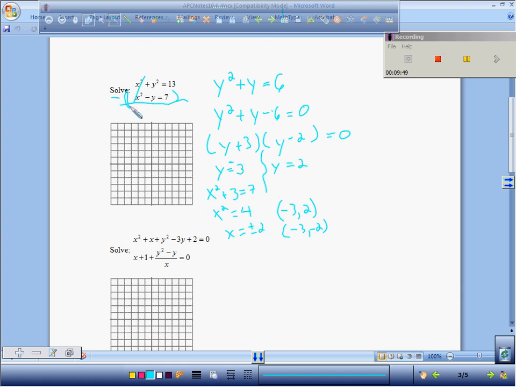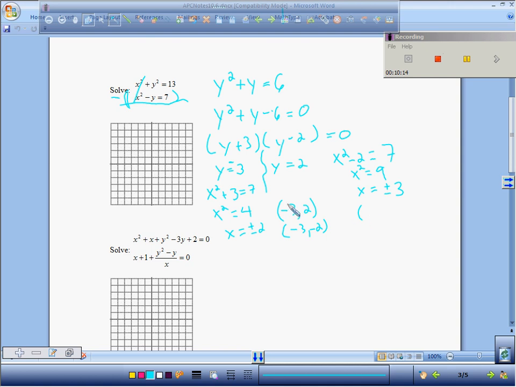Then I plug in 2 and I get x squared minus 2 equals 7. So x squared equals 9. So x equals the square root of 9, plus or minus, right? Plus or minus 3. So you have two more solutions. One being,